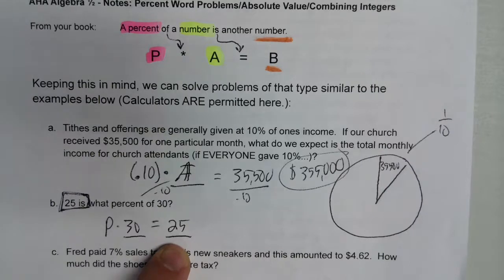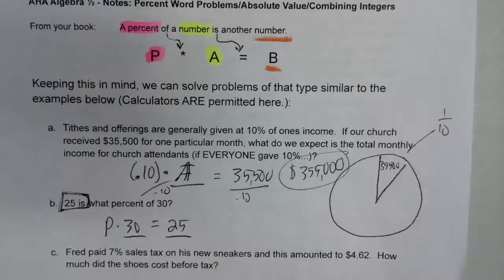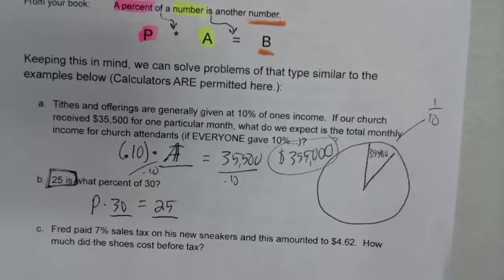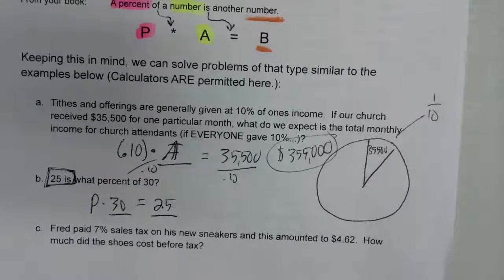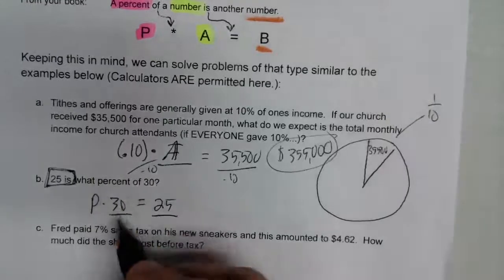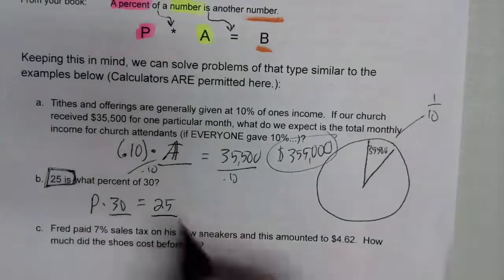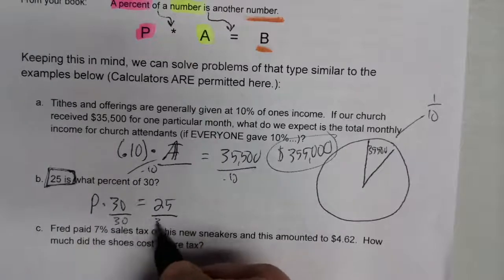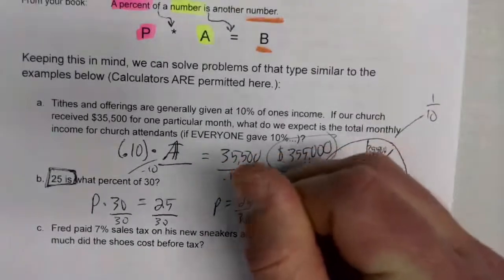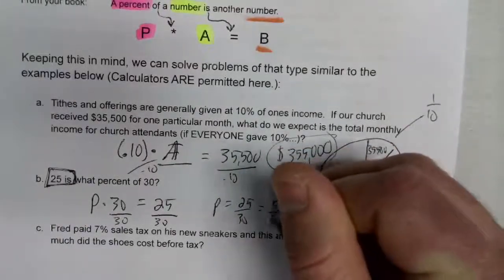Just put the 25 by itself. One final intuitive way is to think, okay, I'm just going to do 25 out of 30, aren't I? And the only way to get that is to make sure that the 25 is over here. So to solve this, to get p by itself, I'd have to divide both sides by 30, right? So the percentage is equal to 25 divided by 30, which is 5 out of 6, or